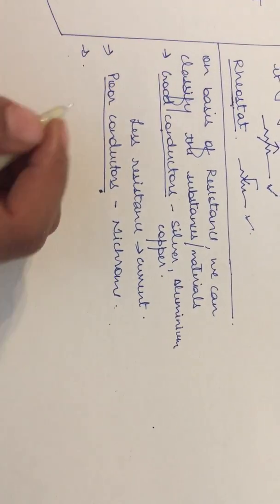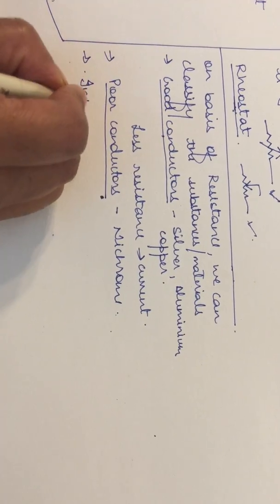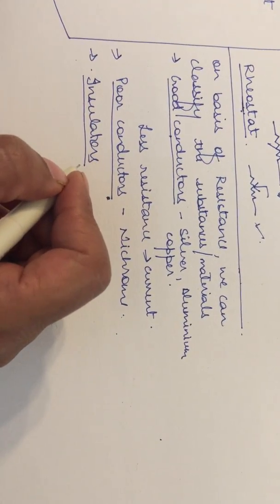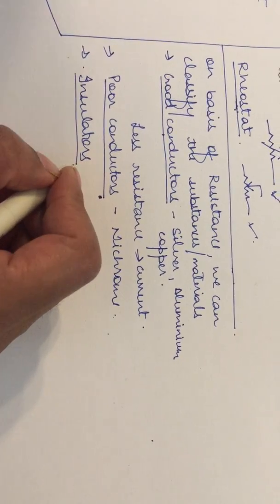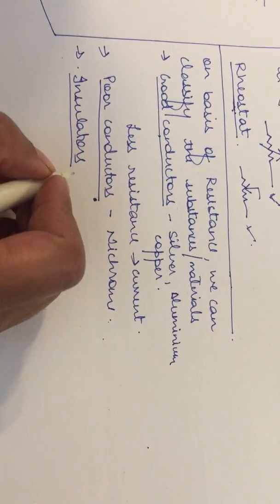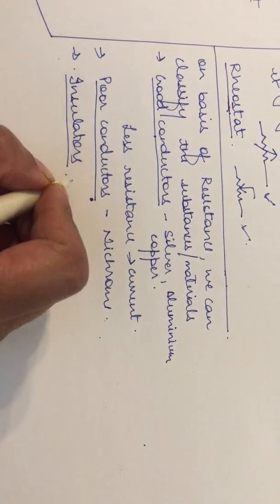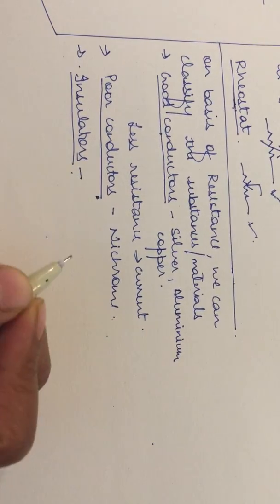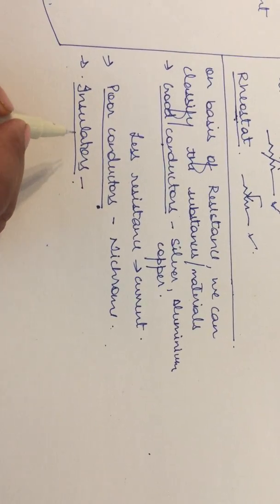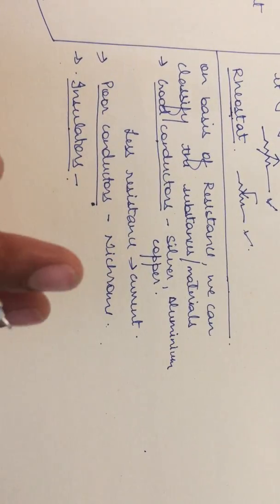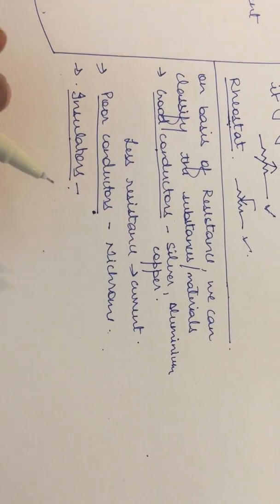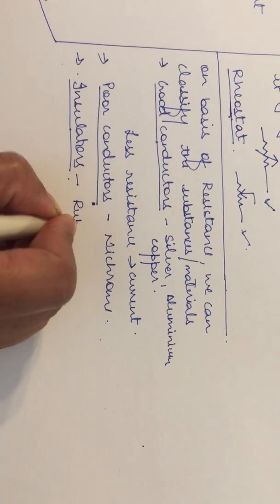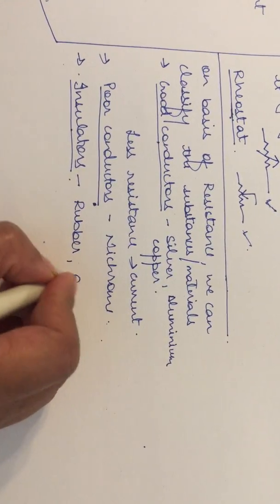Now we have insulators. We know the meaning of insulators. Insulators are those which offer very high resistance, or the ones through which current cannot flow. In terms of resistance, insulators offer extremely high resistance to the flow of current. That means current cannot flow through it. We have examples like rubber, dry